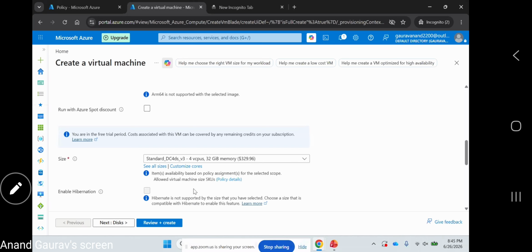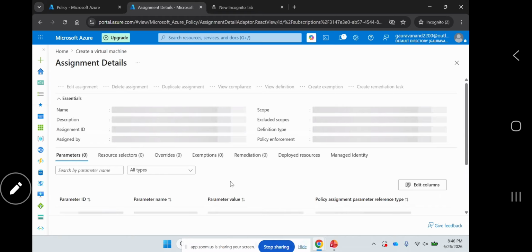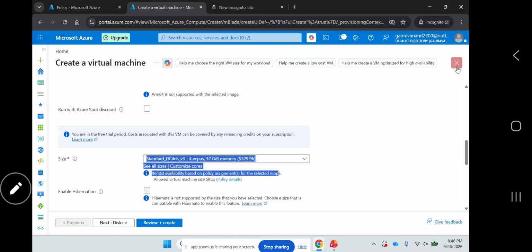See, here we are getting the error about item availability based on policy assignment for the selector. The policy details give you the restriction because we have allowed just the basic ones, and we have selected this D series. So it is